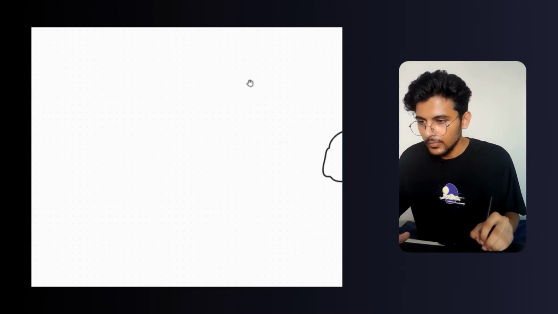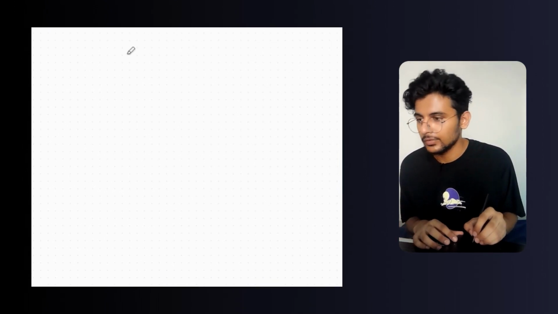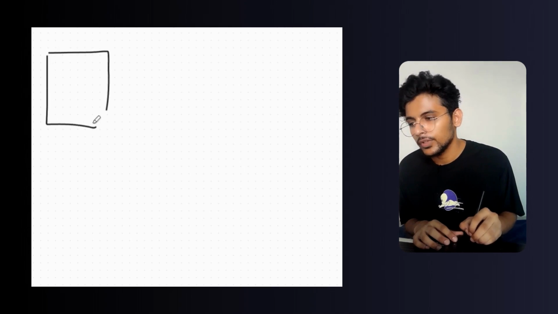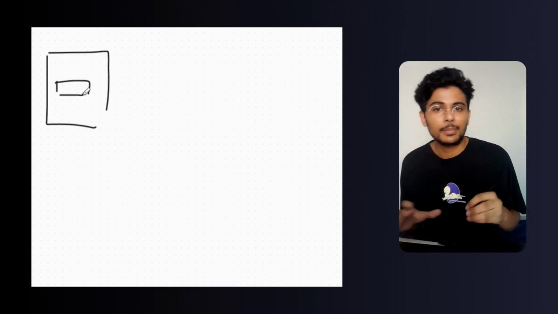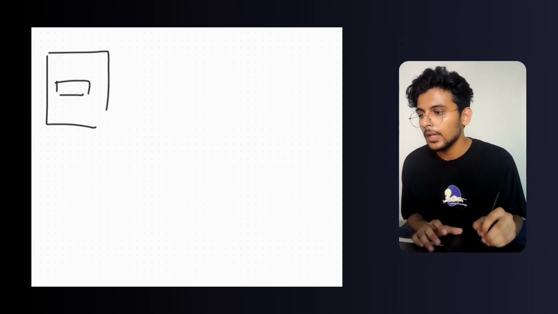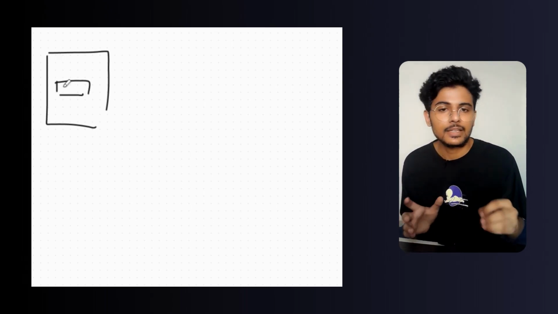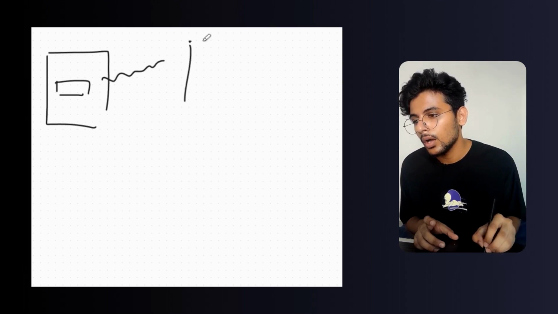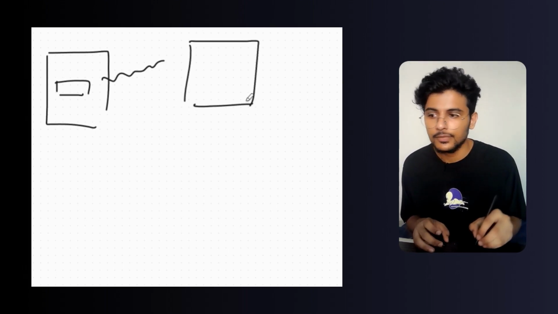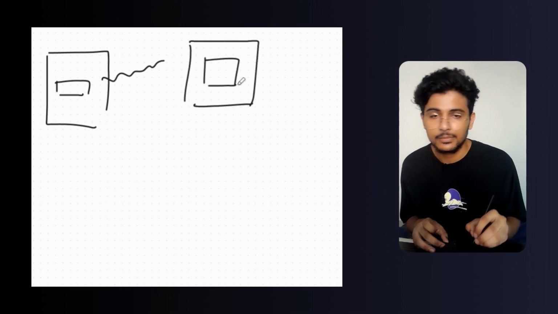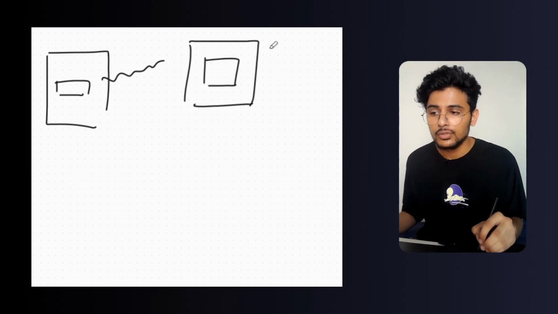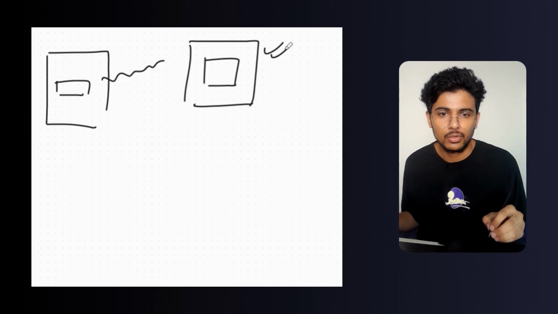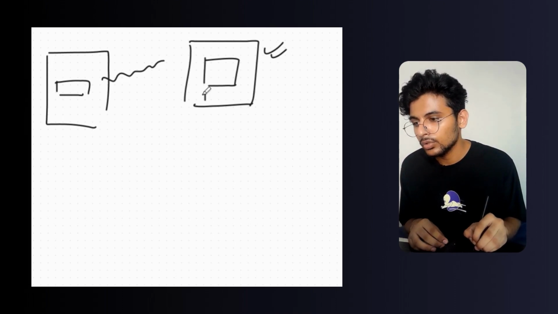Okay, let me tell you what we are going to do in this video. First we will create a React application. I'm explaining the OAuth 2.0 process. Here we'll add a button like Sign in with GitHub. When the user clicks this button, the user is sent to a GitHub authorization page. First, the user has to authenticate himself. Authentication means the user has to verify whether he is a valid user or not. Then the user can click on the authorize button.